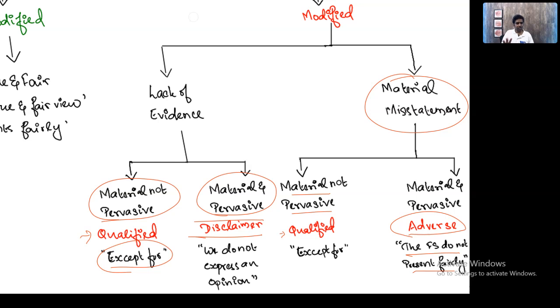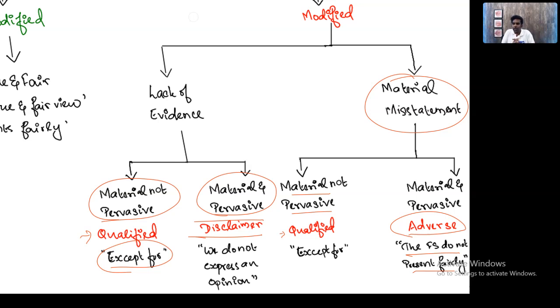If there is a mistake, or for a transaction we are unable to get evidence, it is material if the transaction is above our materiality threshold. Then it's material. But what is pervasive? It's more than materiality. It's impacting a huge area of our profit or loss account. If the transaction alone is 75% of our gross profit, it's a pervasive issue. It's a bigger issue.